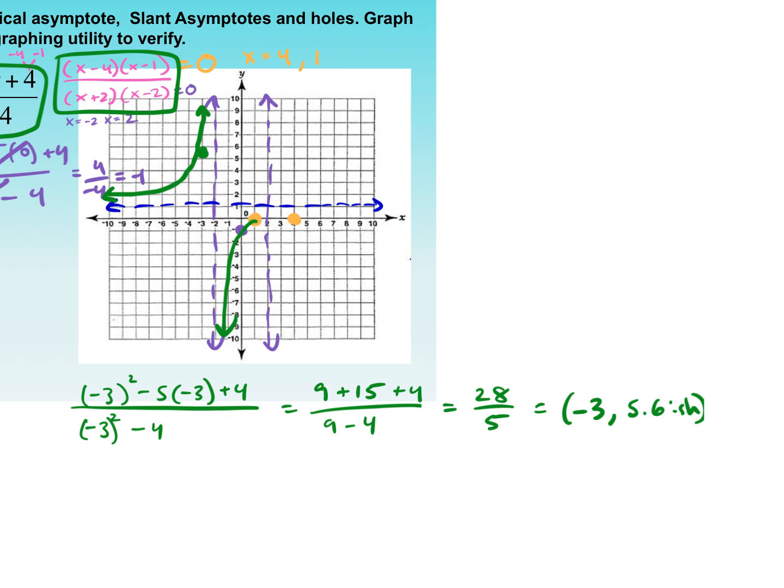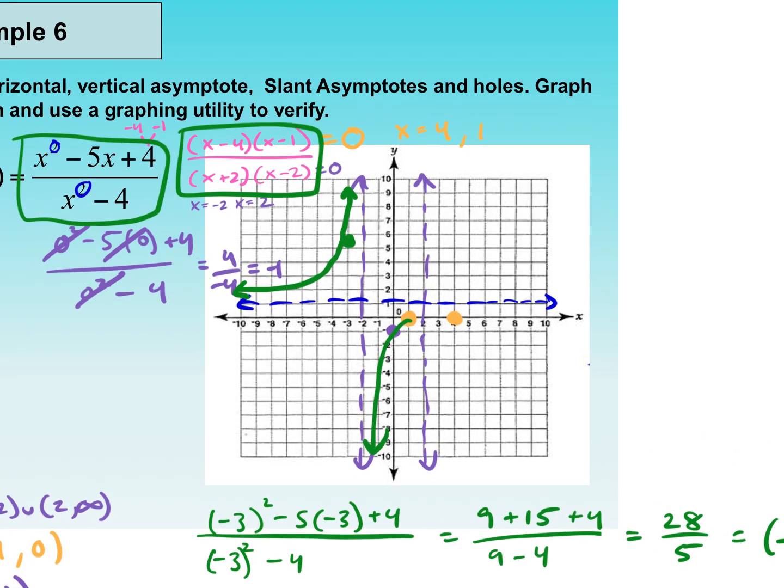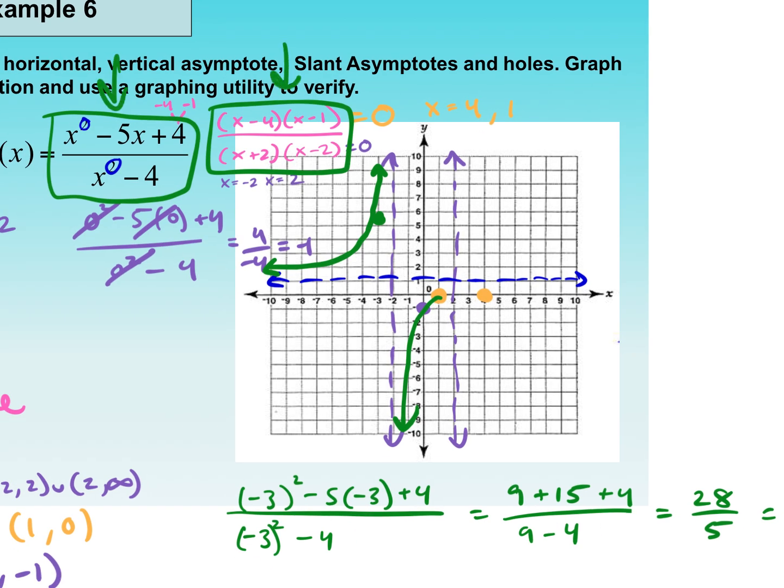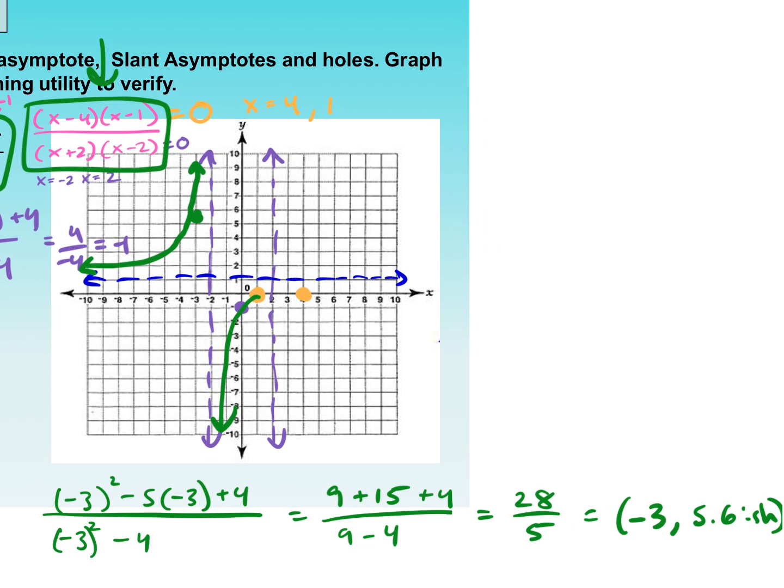1.5, perfect. Let's plug in 1.5. You can either plug in 1.5 into the original or into the factored version. I think plugging in 1.5 would be a little bit easier into the factored version, because that way we're only going to have to multiply a decimal on the top and on the bottom. So 1.5 minus 4 would be what? Negative 2.5, perfect. And then 1.5 minus 1 would be 0.5